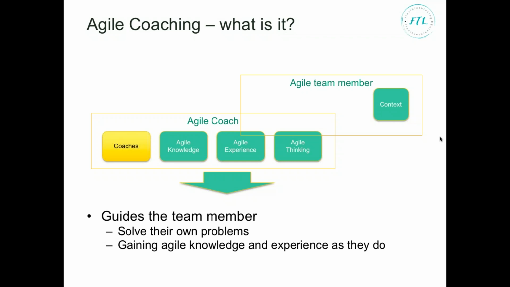So they come at a particular place. An individual is at a particular place in their agile thinking, in their agile experience. They might be an absolute expert. They might be someone who's spent years in agile teams but really doesn't quite get it, and just says, I'm just here to do the job. As a coach, it's really important to be able to profile your team members, such that you understand where they are in their particular agile journeys. And you'll find that invariably in a typical team, people are at very different places on their agile journeys.